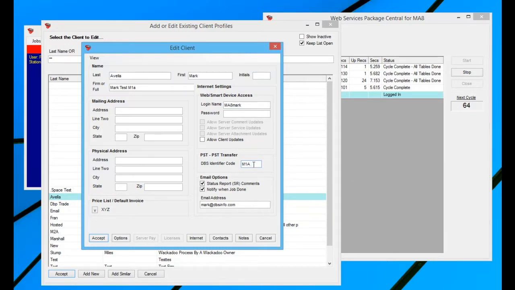They gave that to me. I gave them my DBS identifier code of MA8. Now they're putting MA8 on my server record in their system, and I have put their DBS code in their client record in my system here. Then once the Web Services Pack cycles through, it has connected the job trading establishment, and then we're able to